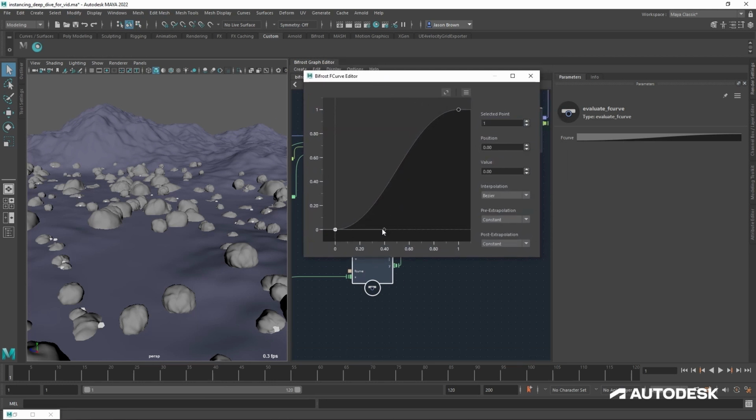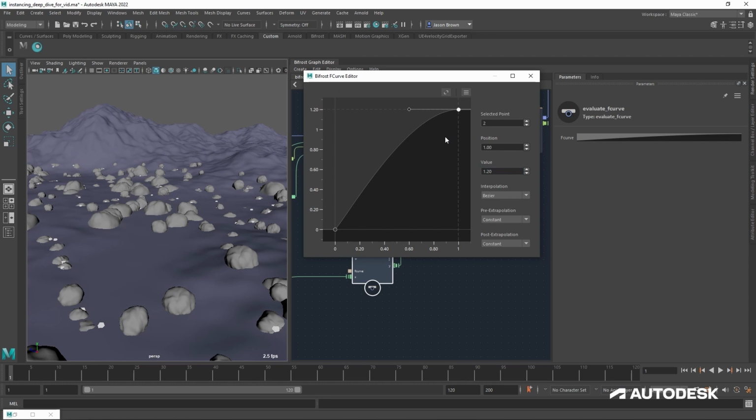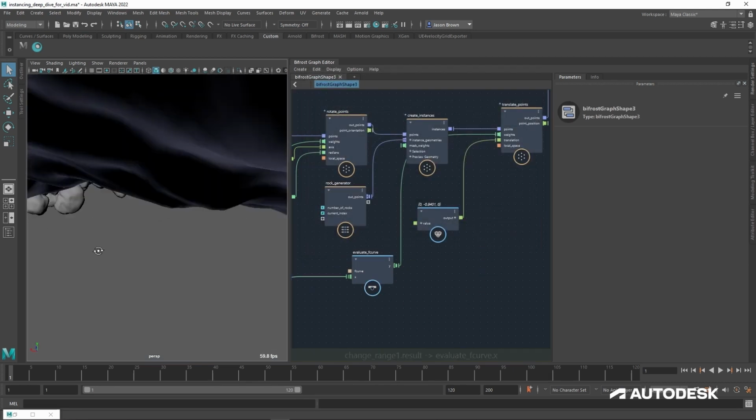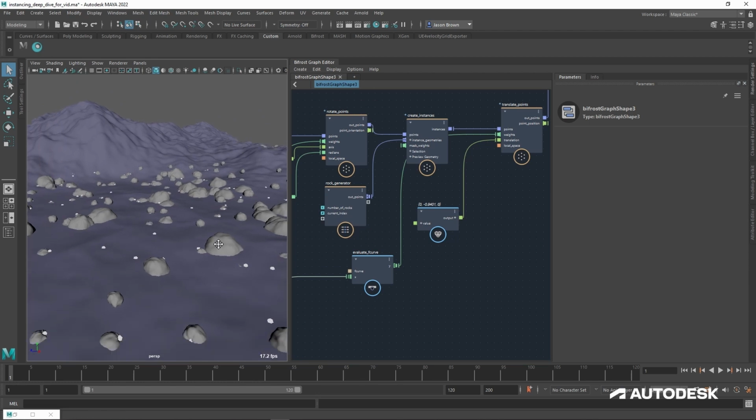I can change that. I can say, like, well, no, I don't really want you. I just want you to ease out so the bigger ones get more. Like that. I can take this guy. I can just move that the wrong way. So we can take this and just pop it up a little bit. So it's 1.2 times whatever's going on. And I can say, you know, I want kind of more of you. And you can kind of see the rocks just shifting as you work that through. So that's looking a bit more like a field of rocks. And there are some just hovering down underneath there, which I'm not too worried about right now.